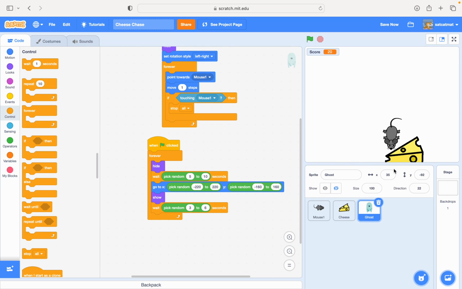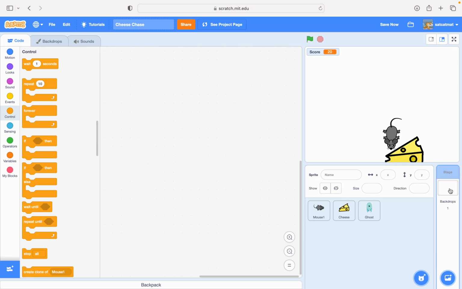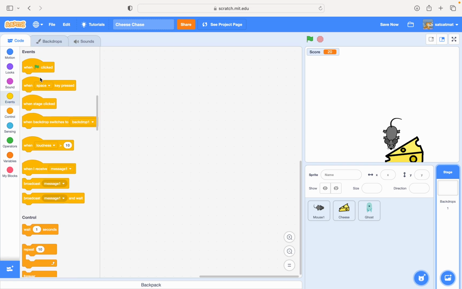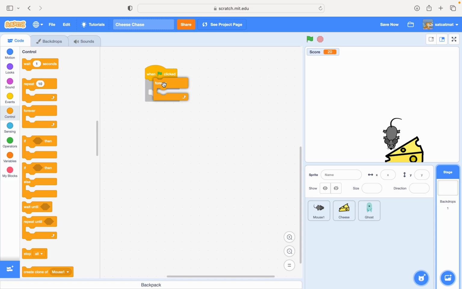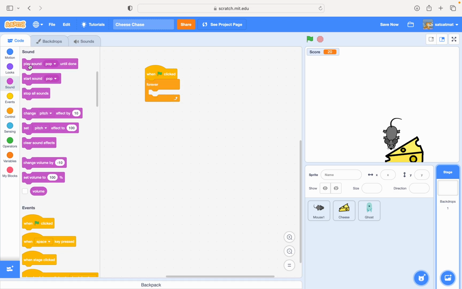Okay, now to add music to the game, we click into the stage area, because you usually add music in the stage area, and then get a when flag clicked, forever, a play sound pop until done. But